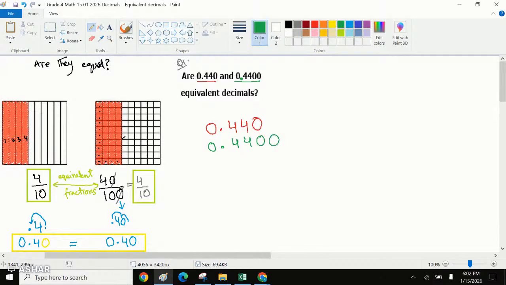And I just told you something, that 0 at the end does not make any difference. So are they the same numbers? Yes, they are. They are exactly the same numbers. So we can say they are